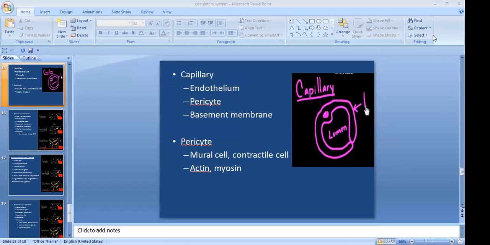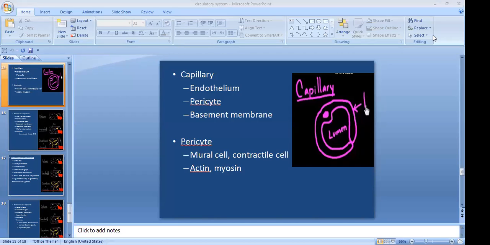Then we discussed the classification of arteries, and then we discussed the classification of veins. And then we discussed the histology of post-capillary venule, and in the post-capillary